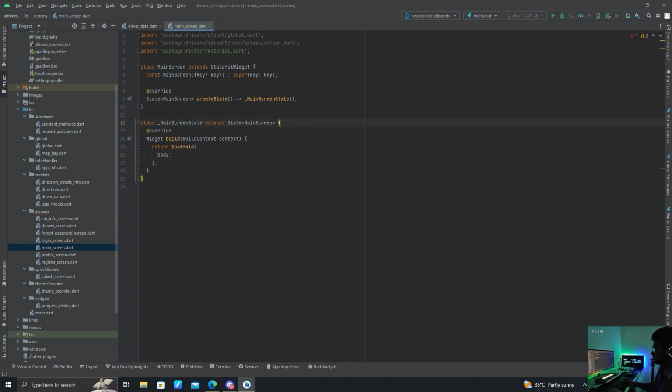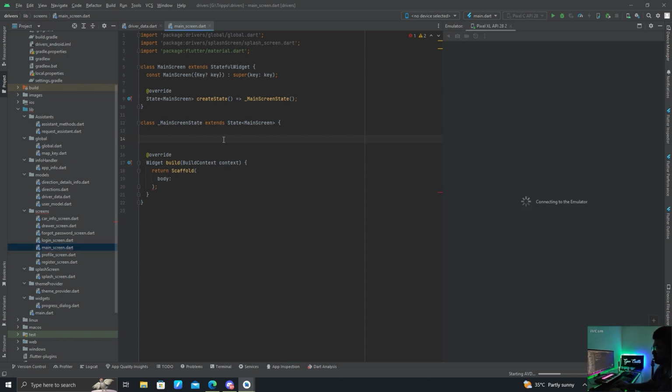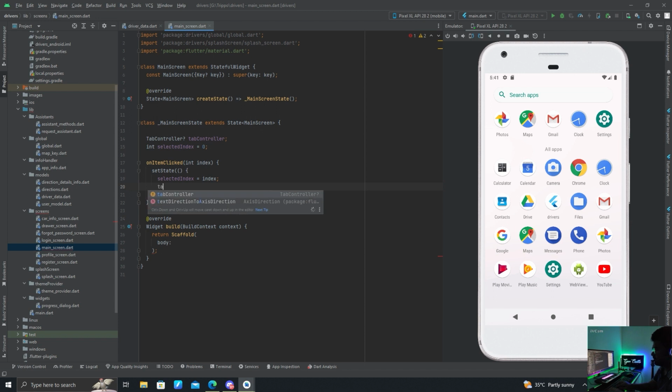Here, before we start writing our UI design, I'm going to write some variables like tab controller, int selectedIndex equals 0, and onItemClicked, int index. setState, selectedIndex equals index, tabController.index equals selectedIndex,